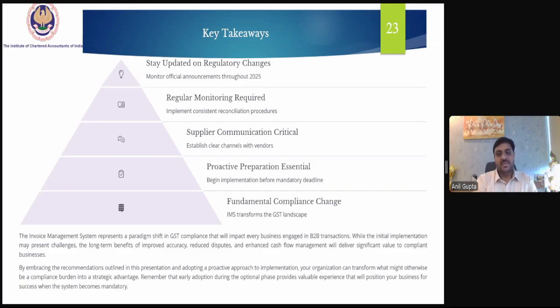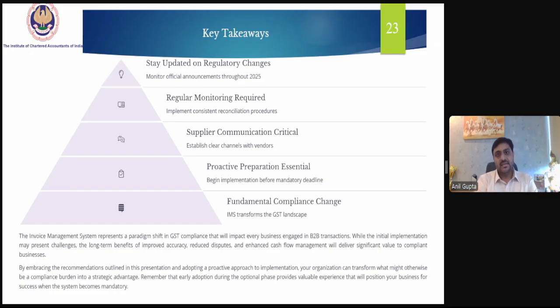The invoice management system represents a paradigm shift in GST compliance that will impact every business engaged in B2B transactions. While the initial implementation may present challenges, the long-term benefit of improved efficiency and accuracy, reduced disputes, and enhanced cash flow management will deliver significant value to compliant business in the near future.